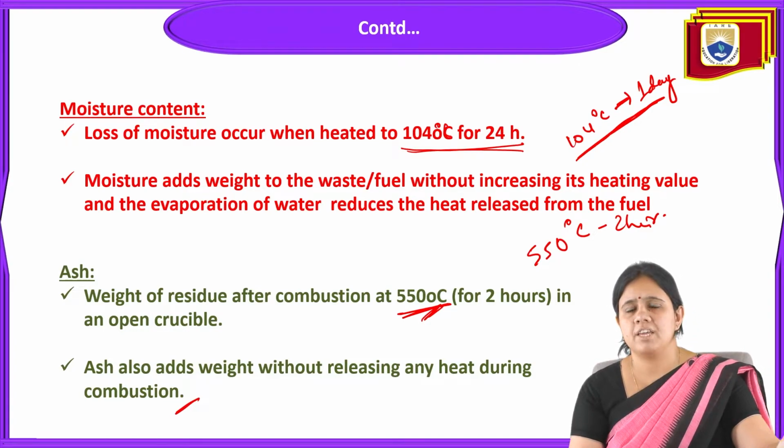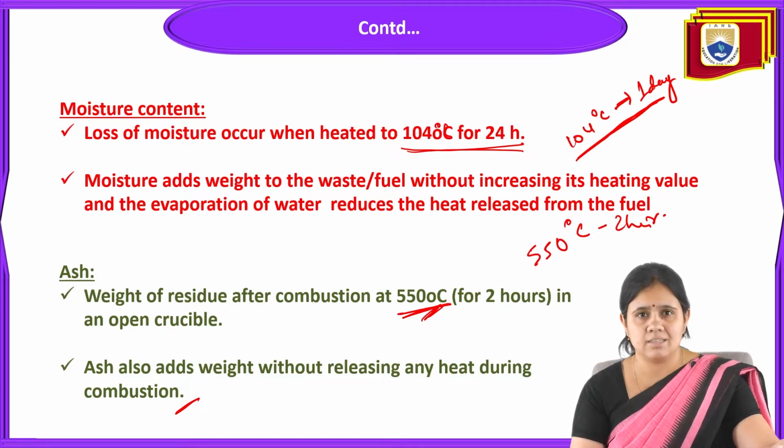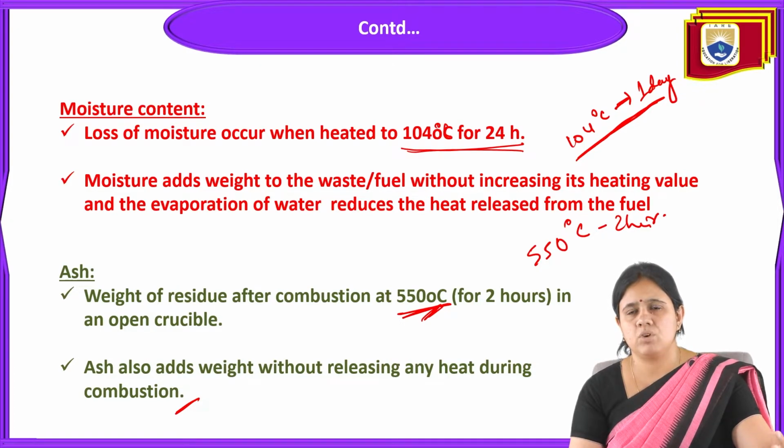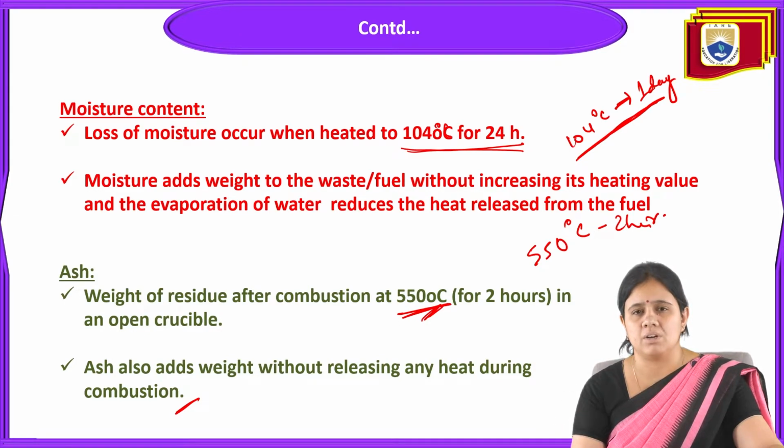They are very important factors for the proximate analysis of the waste, and by proximate analysis we will get an idea about the waste, like this fuel RDF, or if it will go to the MRF, material recovery facility site, how much heating value we can get. To remove the moisture content, the waste should be heated at 104 degrees Celsius for 24 hours. Then the waste will be there without moisture.